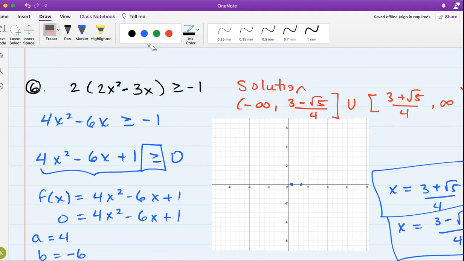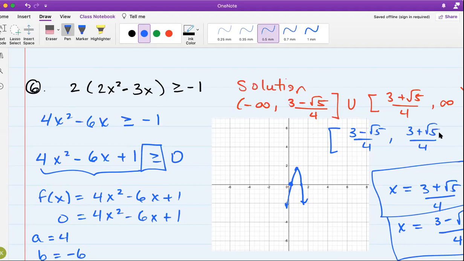Well, if we had a negative, that would tell us that our vertex is sitting up here because the graph would be pointing downwards, right? So the graph would look something like this. When the graph is pointing downwards, that might change your solutions a little bit because the question was, when is it greater than or equal to 0? Well, you can see that we're above the line 0 when we're between these 2 points. So if we had a negative and we had the same x-intercepts and everything, the solution would be from this to this because that's when we are in between them. So the solution would be